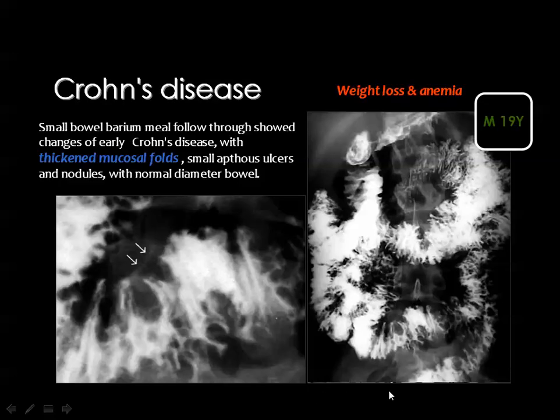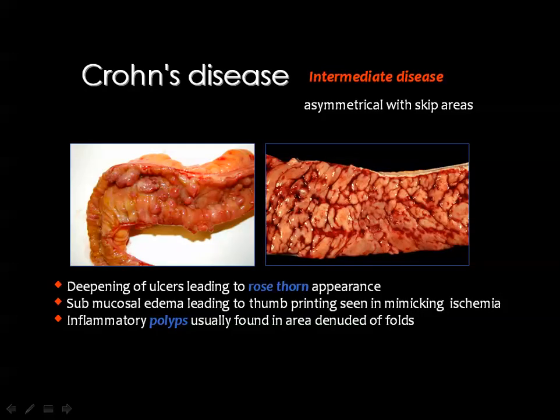Then the thickening of the mucosal folds, as I have mentioned, is due to lymphoid hyperplasia. Then you can see that the mucosal folds are extremely thickened, and you can see here in this magnification view. Then the ulcers and the damaged mucosa will result in hypertrophy of the normal mucosa to compensate the function of the diseased mucosa, and this will result in polypoid or pseudopolyps, which represent the hypertrophied normal mucosa between the ulcerated